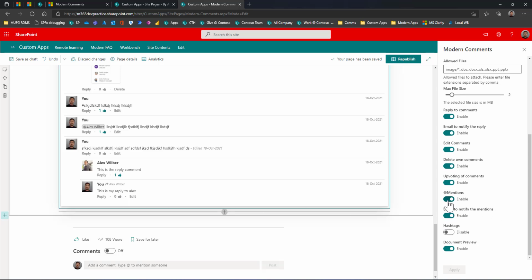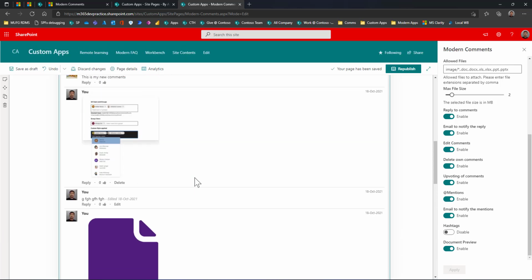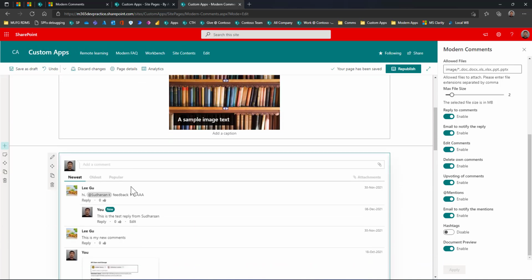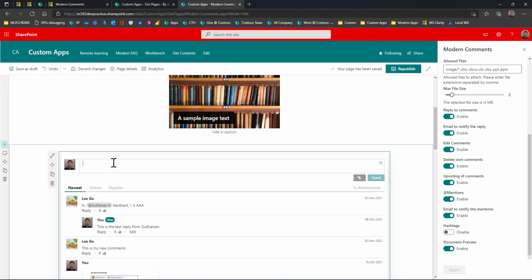And mentions: if you want to mention someone, you can just type @ and then start typing their email ID, first name, or last name. So these three parameters you can search.